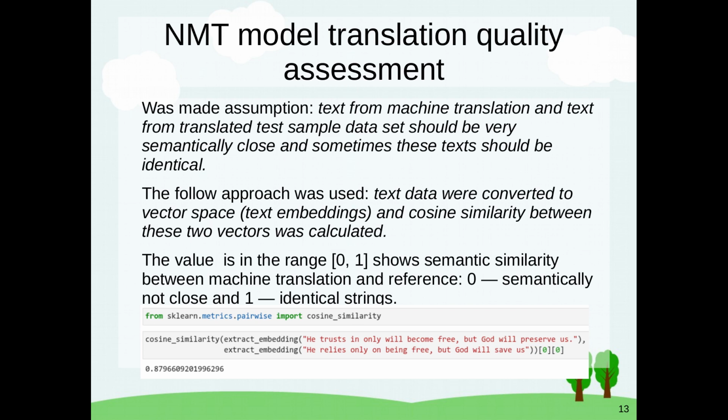In the following figure, the results of this evaluation are depicted, and we see that two strings which are very close semantically have a high result which is very close to 1. We can say that these two texts are semantically close.